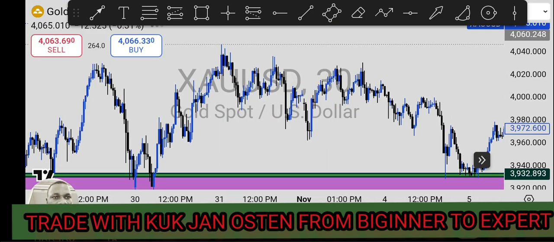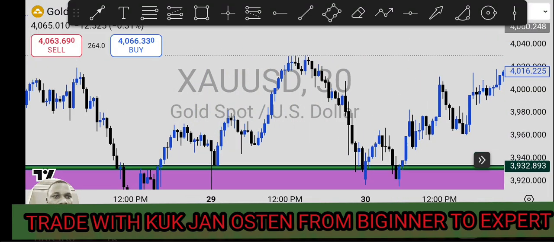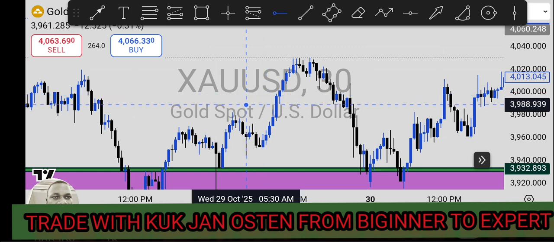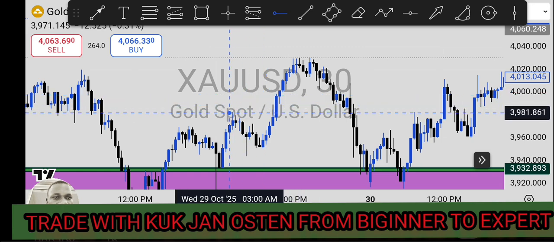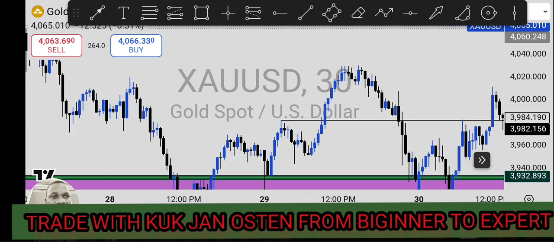So how can you identify a valid break of structure? We are seeing a valid break of structure at this point. So break of structure, and our TP is around